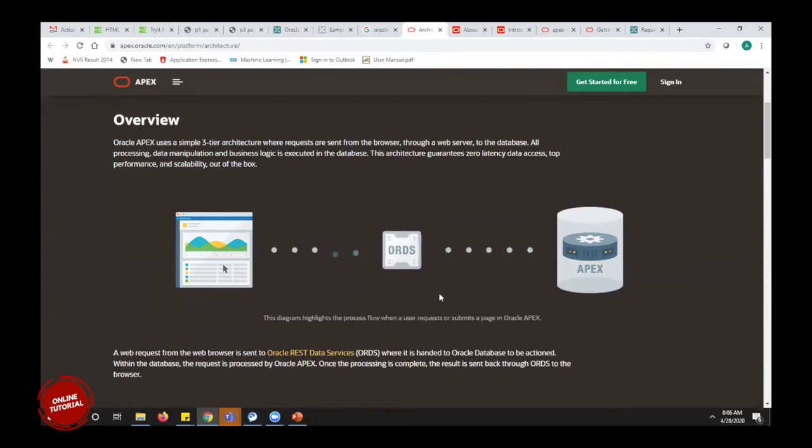What is ORDS? Yeah, it is just an endpoint of this Oracle Apex, from where you are connecting to the database. Okay. So Chandra, I think you're asking for the full form of the ORDS? Yeah, full form. It is Oracle REST Data Services. Okay, REST Data Services. Okay, thanks, Prasad. No problem. Sure.